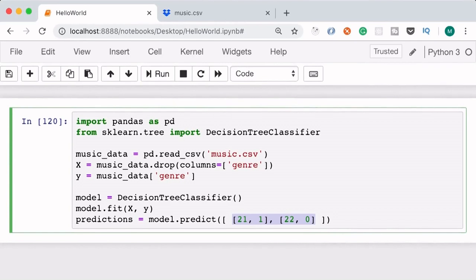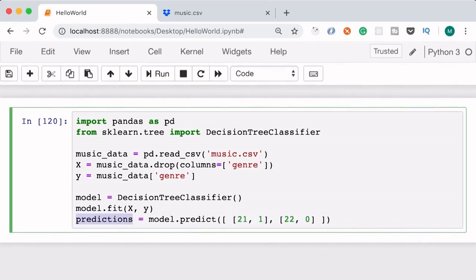A general rule of thumb is to allocate 70 to 80% of our data for training and the other 20 to 30% for testing. Then, instead of passing only two samples for making predictions, we can pass the data set we have for testing, we'll get the predictions, and then we can compare these predictions with the actual values in the test set.